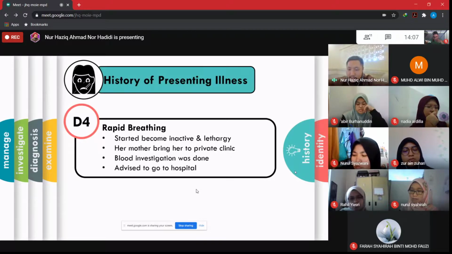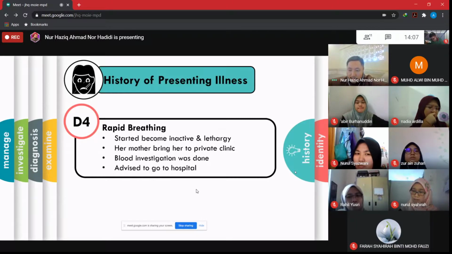Thus, due to that condition, his mother brought him to the private clinic later at night. He was given Panadol again and nebulized one time at the clinic. At this particular clinic, his mother said that she requested the clinic to do a blood investigation for her son, and the blood result